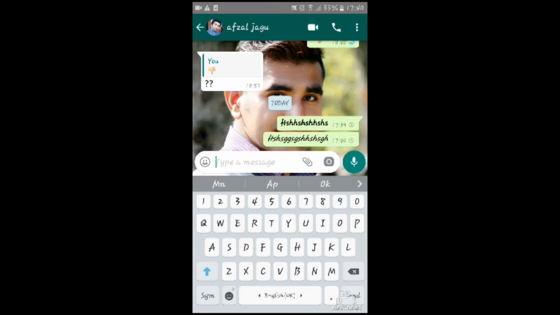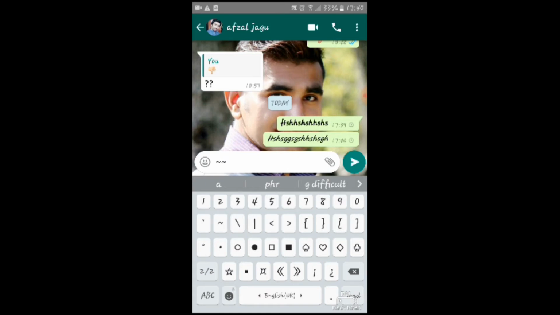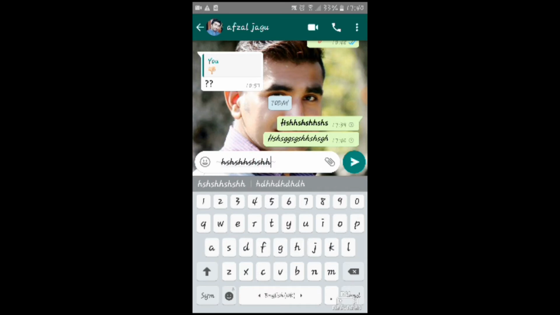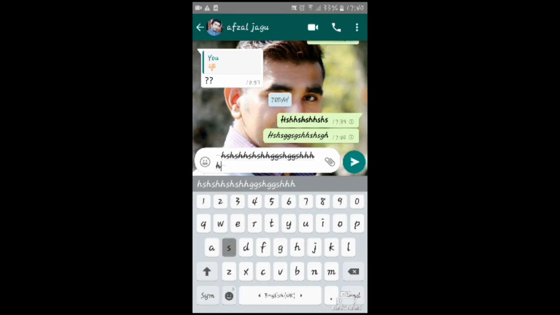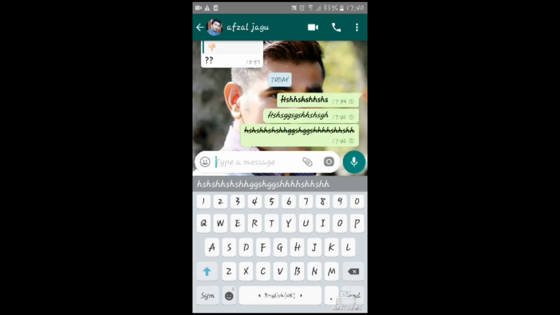And if you want a line through your text, you can do that also. You just need to select this symbol 2 times, and on both sides of the text you have to write it, with your text in the center of these symbols. Whatever you write between these 2 symbols, there will be a line on your text, and I think it's amazing. And if you want these 3 fonts in just one text, you can do that easily too.